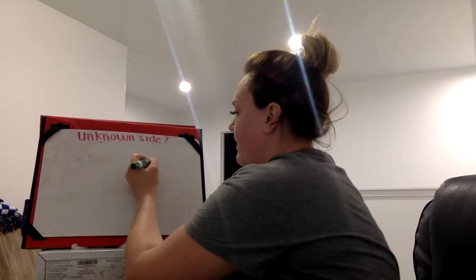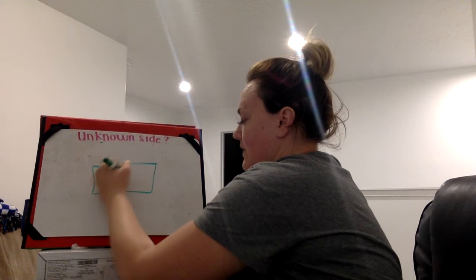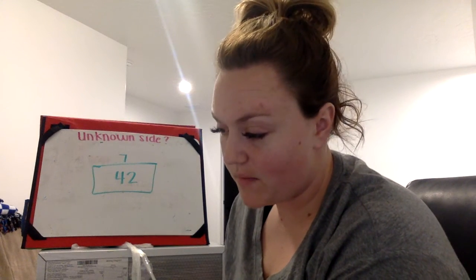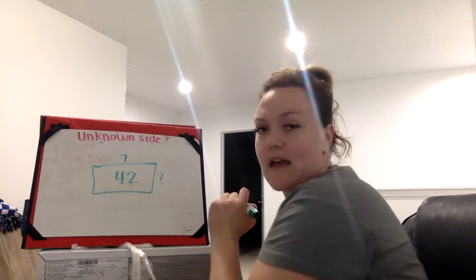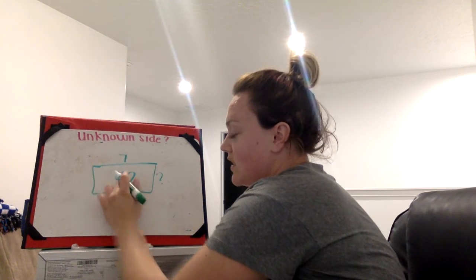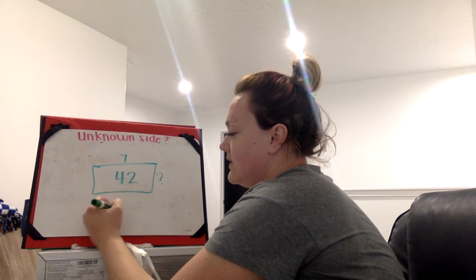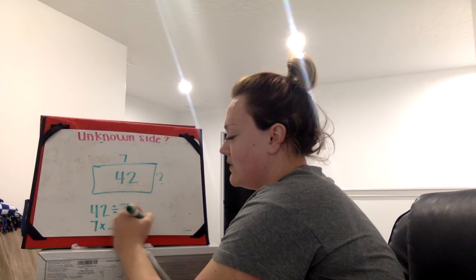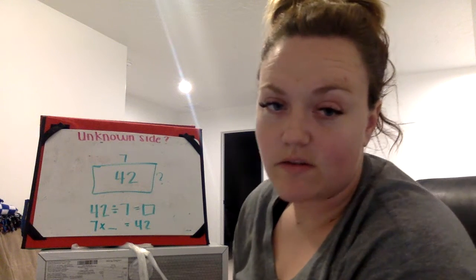So we have, they need to use 42. I'm just going to put that in the middle. 7, okay? This is an area problem. They're tiling their kitchen floor. How many tiles do they need? They're using 42. So, question is exactly like what we just did. This is our total. That's our area. So, we're going to do 42 divided by 7, which is like 7 times what equals 42 equals something. Okay? 42 divided by 7